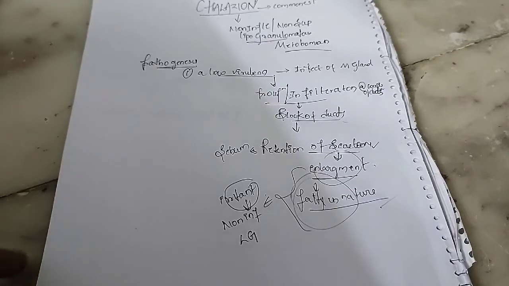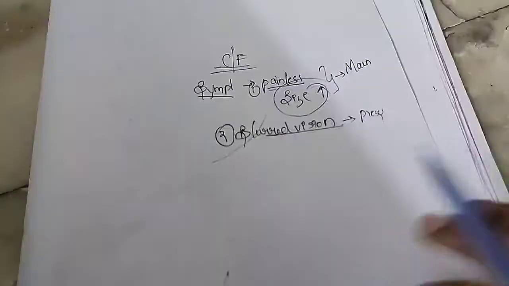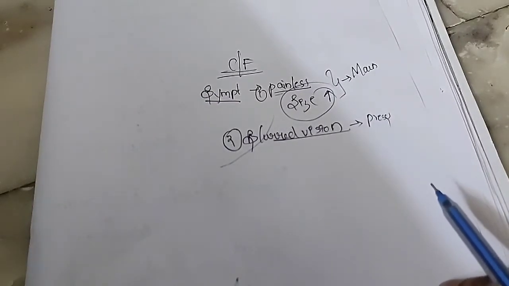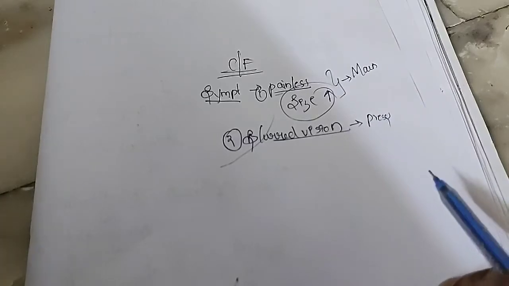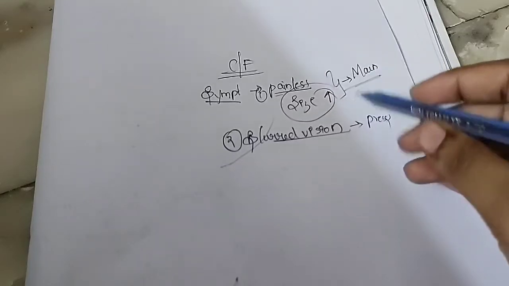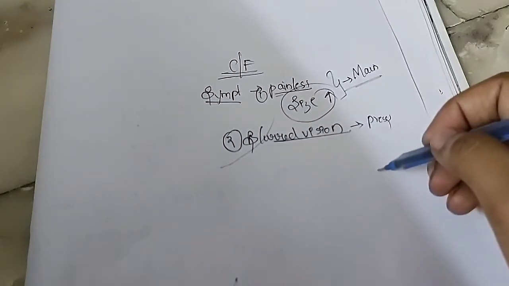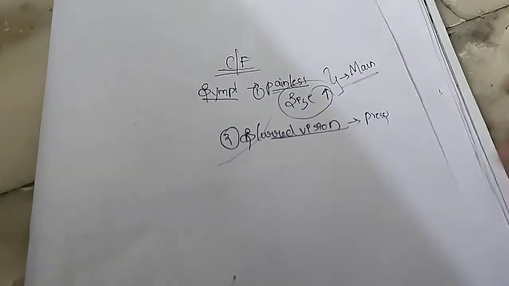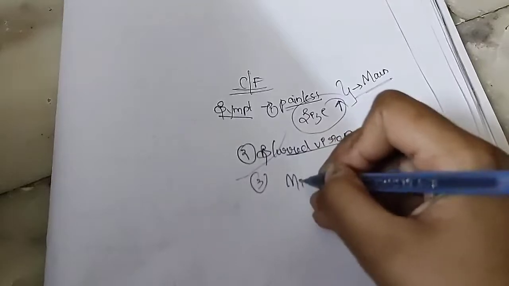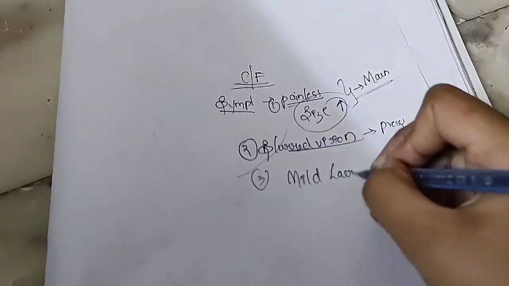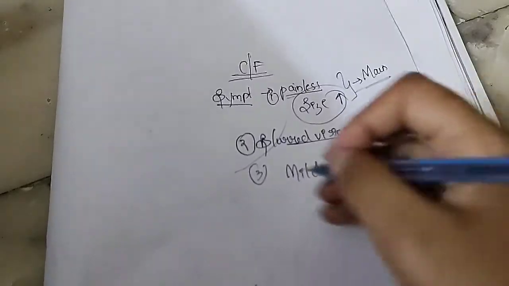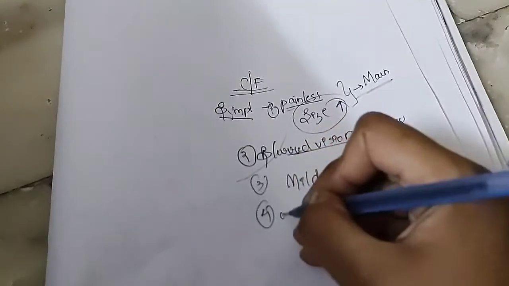Now let us talk about its clinical features. First, it is painless. We remember external and internal hordeolum were painful, with acute pain, but this is painless, and its size increases gradually. This is the main presenting symptom. Next, there can be mild lacrimation, which may be felt with a large chalazion. There can be mild lacrimation, and there will be blurring of vision because of the pressure effect of the chalazion on the cornea, right? And there will be watering, epiphora.